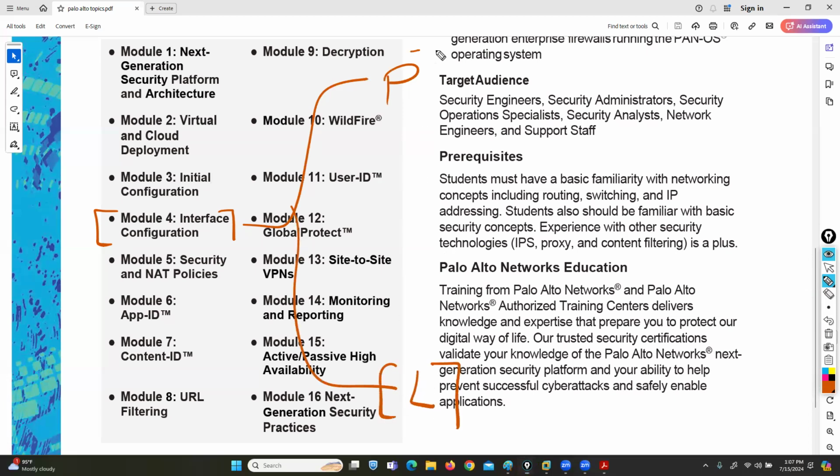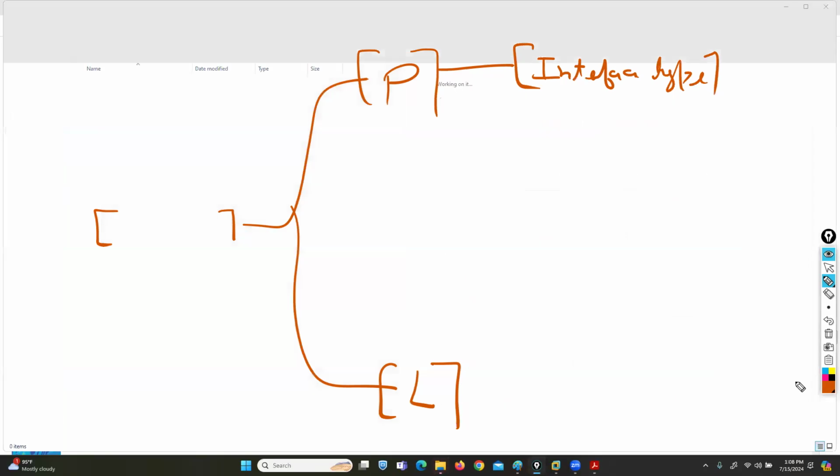Yes, options are available. You can configure. But in case you are trying to configure any interface in Palo Alto firewall scenario, you need to define Palo Alto interface type first. Interface type. And Jason,